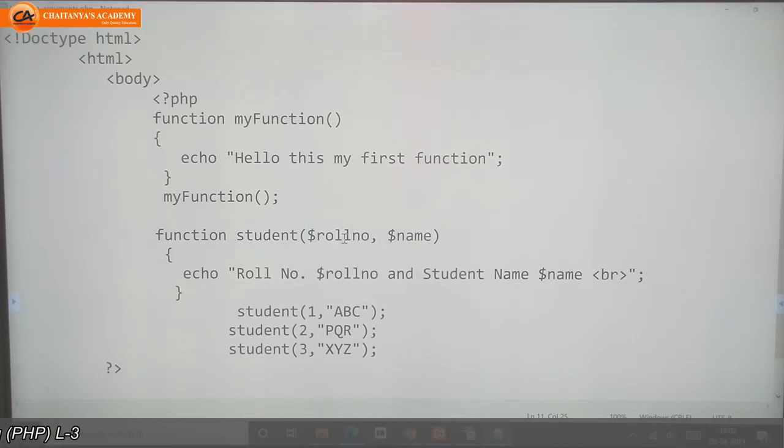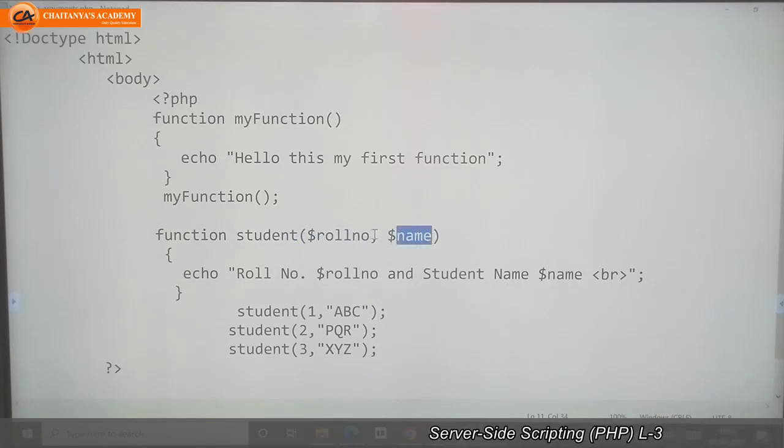That means this is the information I am passing to this student function. The first information is the roll number, the second is the name.